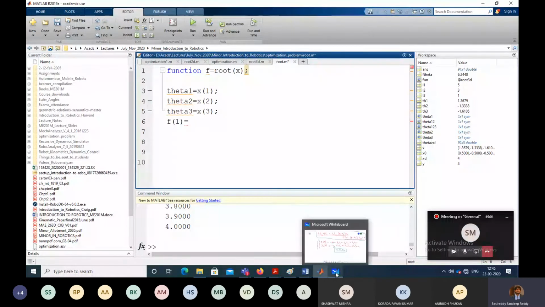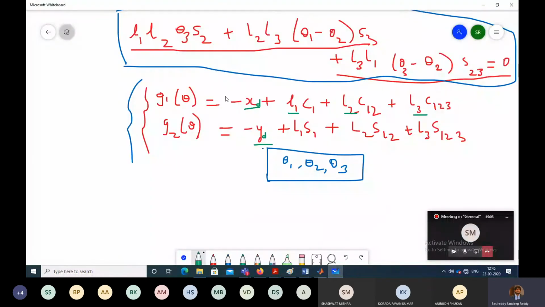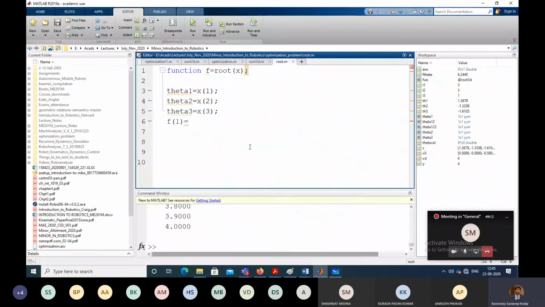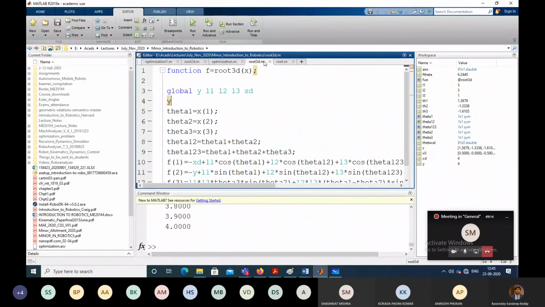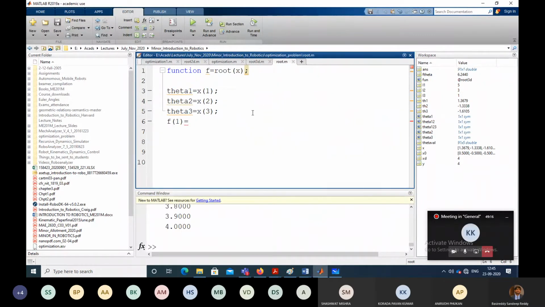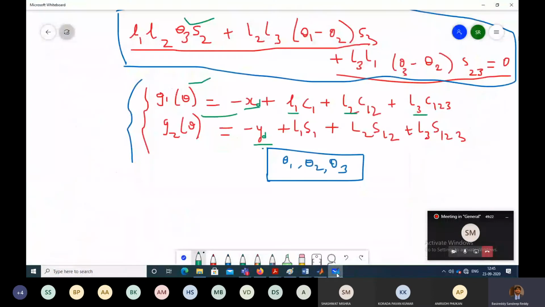So these are the inputs to this function file, theta, and now I'll try and define the output vector also. Right, the output vector will obviously be these three equations which are defining the various functions. This is one function, this is another function, and this is a third. Right, so you can write down these three equations. Let us see what they are.